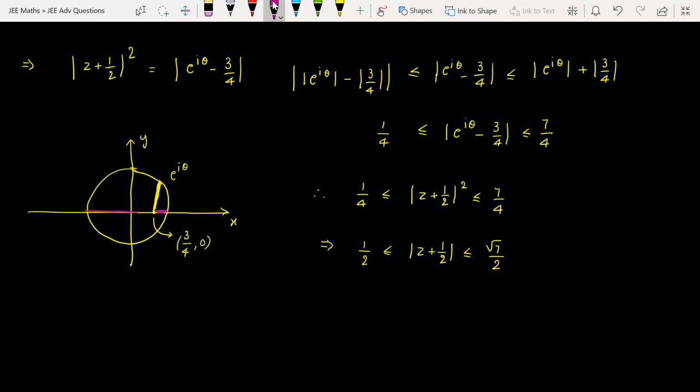And the greatest possible distance is going to be this, that is 7 by 4. From here also we can understand that modulus of e power i theta minus 3 by 4 lies between 1 by 4 and 7 by 4. Okay, now once we have this, the next part is